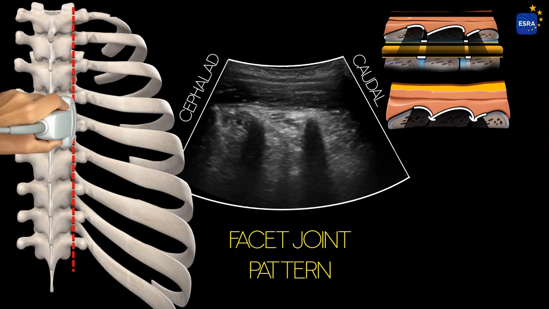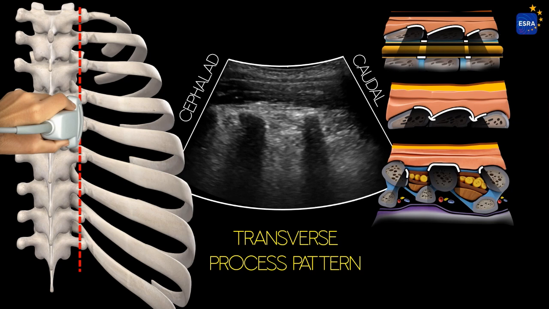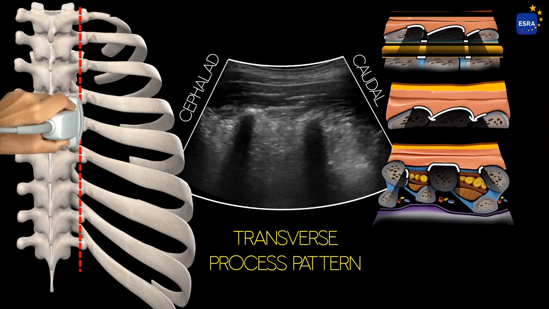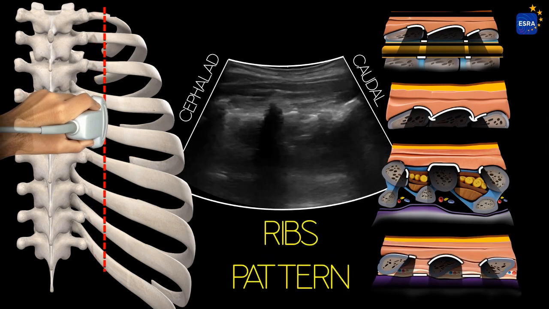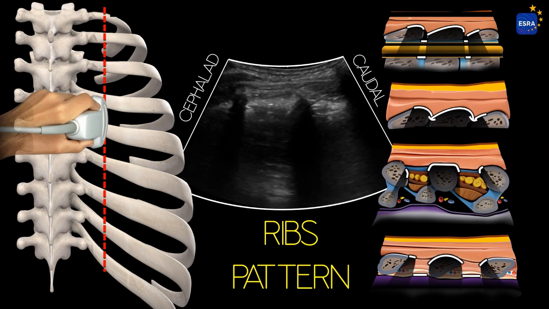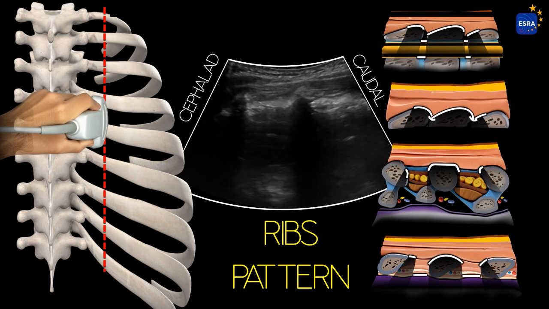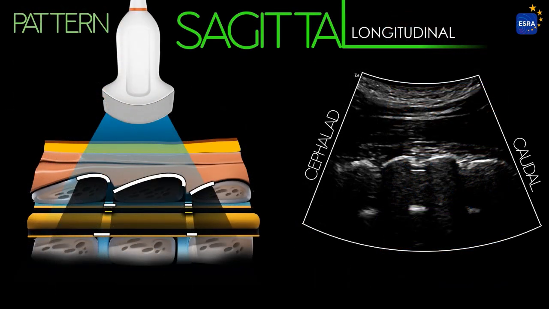Further lateral displacement reveals the trident sign, which corresponds to the transverse processes. Occasionally, pleural sliding can be visualized in depth between the acoustic shadows of these structures. When the transducer is placed over the costal cage, the ultrasound image shows superficial, hyperechoic semicircular structures with clearly visible pleural sliding between them.